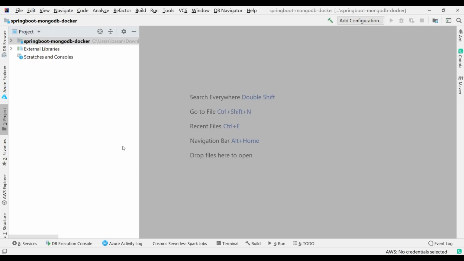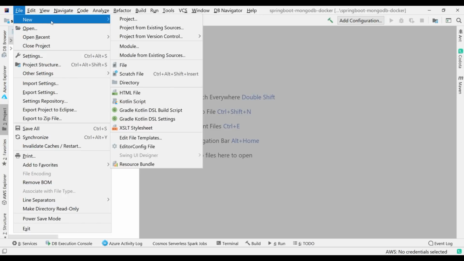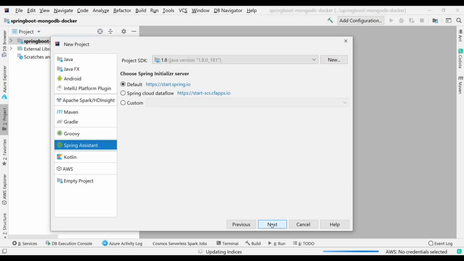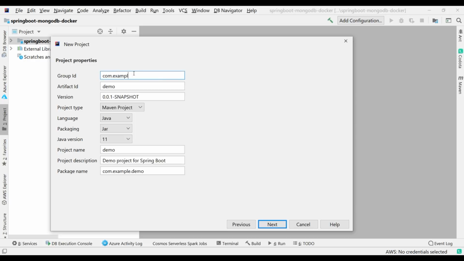So let's quickly create a Spring Boot project. Click on File, Project, click Next. So I'll change the group ID here, com.javatechie. Then for the artifact ID, I will specify spring-webflux-video-streaming. I will give the same name as my project name. Change the JDK version to 8.